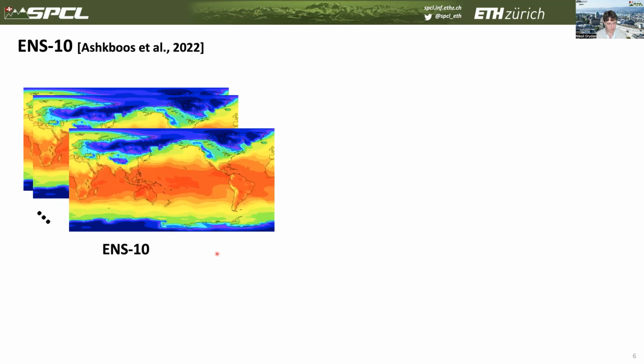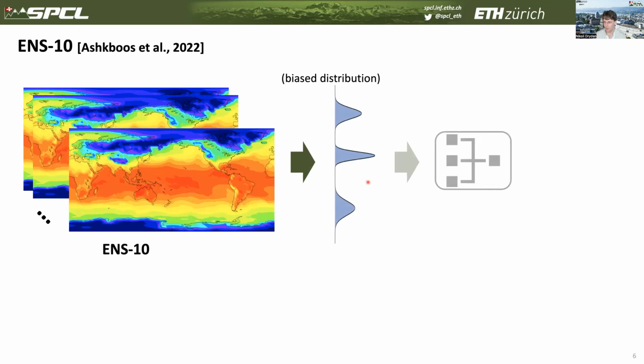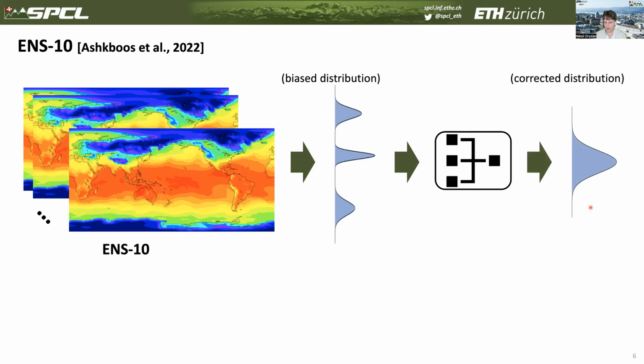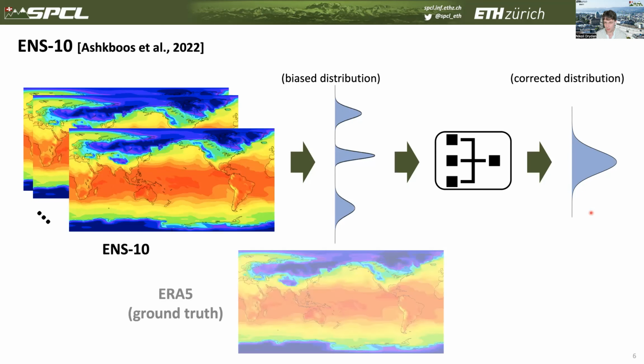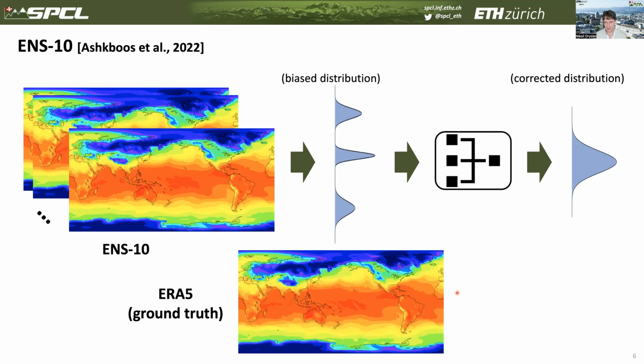So you have your ensemble members, and these are now drawn from the ENS10 dataset, which of course gives you this biased distribution we were talking about before. Now, your task is to provide this system for correcting and improving this distribution to produce this final corrected distribution. And then we'll use the ERA5 reanalysis dataset from ECMWF as the ground truth with which we can score your